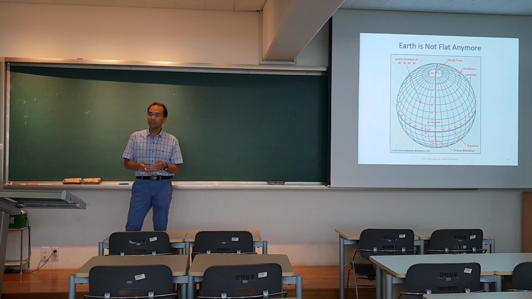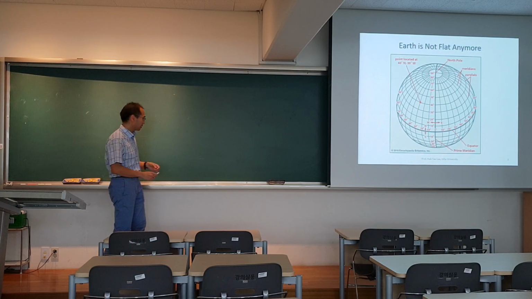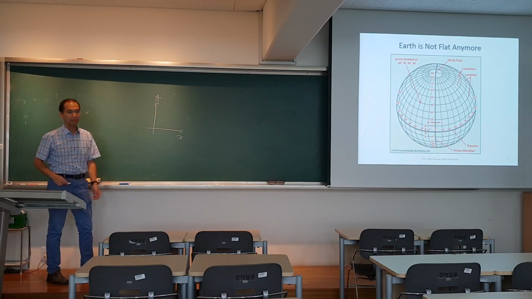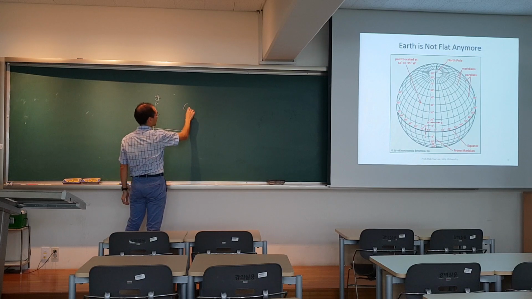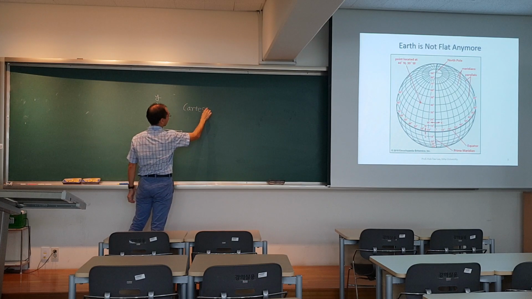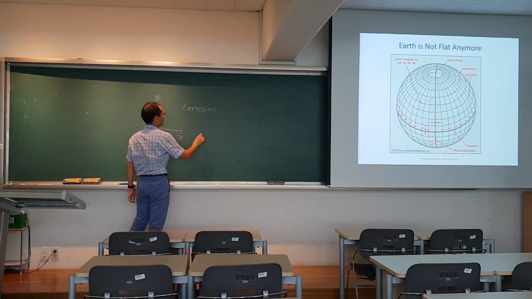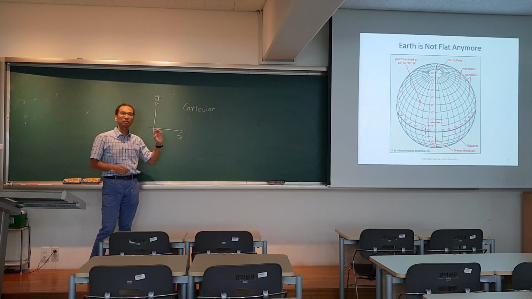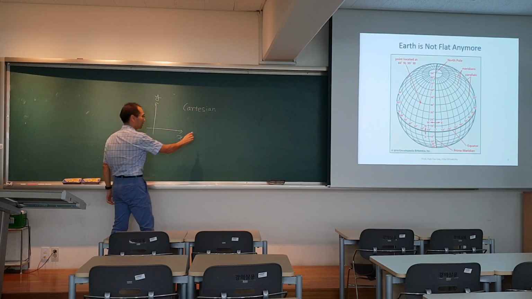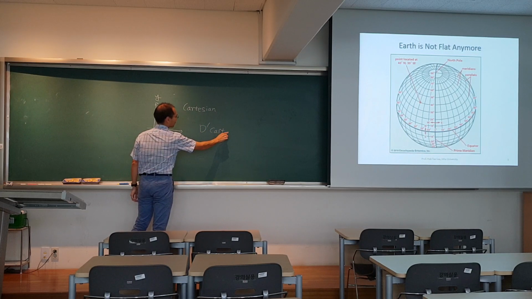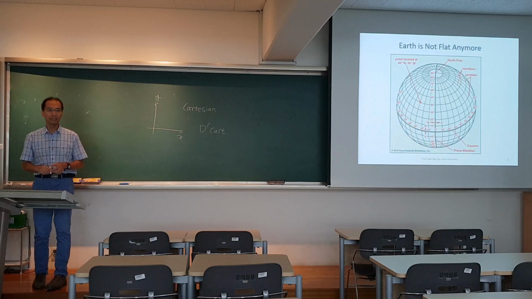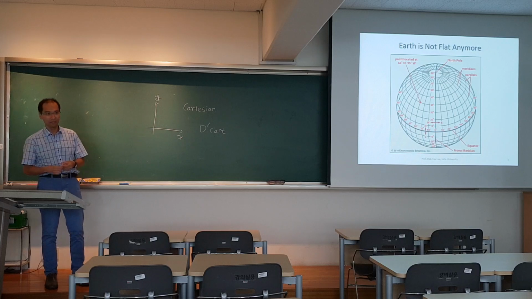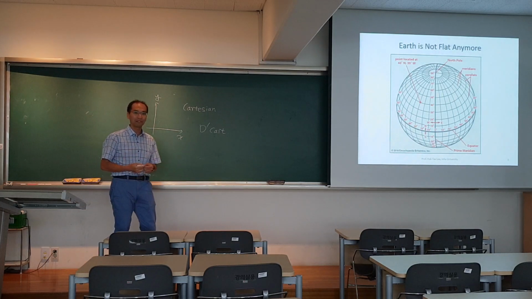So the coordinate system that you would be a lot more familiar with is this XY coordinate system. This is called Cartesian. I'm not sure if there are two S's or one S, Cartesian coordinate system, because it was invented by this guy, Descartes of France, who is famous as a philosopher,